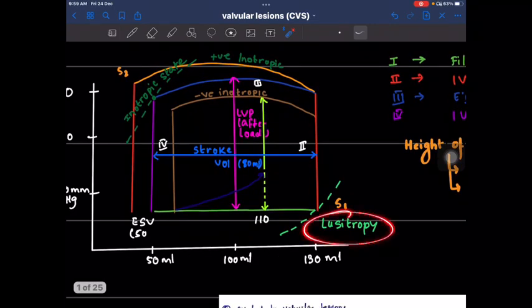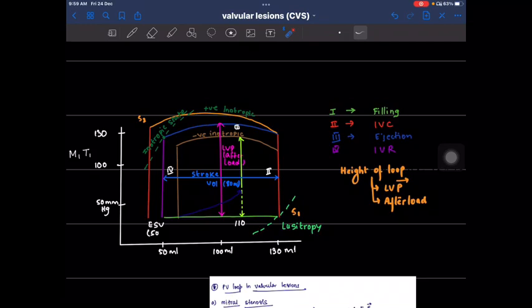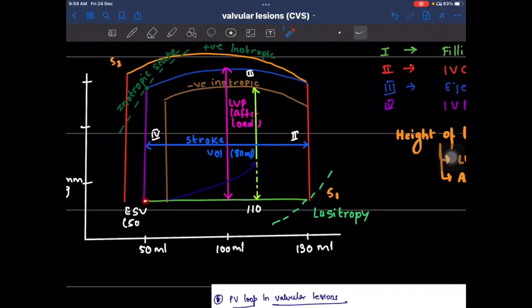There's something called lusitropy. Okay, what it means is lusitropy gives you the understanding of how the ventricle is behaving while it's getting filled with blood. Okay, so basically it is kind of suggestive of the compliance of the ventricle. All right, so whatever conditions change the compliance of your ventricle will change the lusitropy. So basically, this segment where the volume is increasing, that is the filling phase, right? But the pressure is not increasing. This will change. Okay, so in an abnormal ventricle, when the filling starts, the pressure will slowly start to rise, right? And this is called negative lusitropy.